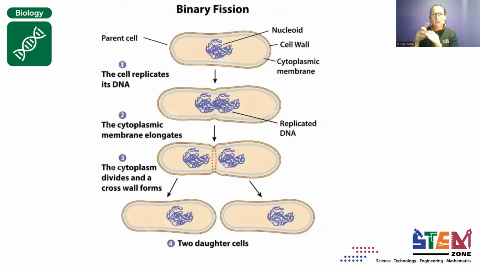So our chromosomes are made up of long singular pieces of DNA that do not then join together to form a cell. Anyway, so we've got our nucleoid there. You can see the cell wall. You can see the membrane there. Basically, their DNA is replicated. So we copy that circular chromosome, make an exact copy of that, so that there's two there, one for each daughter cell. And the cell membrane will elongate, which means they just build more and more phospholipids and extend that